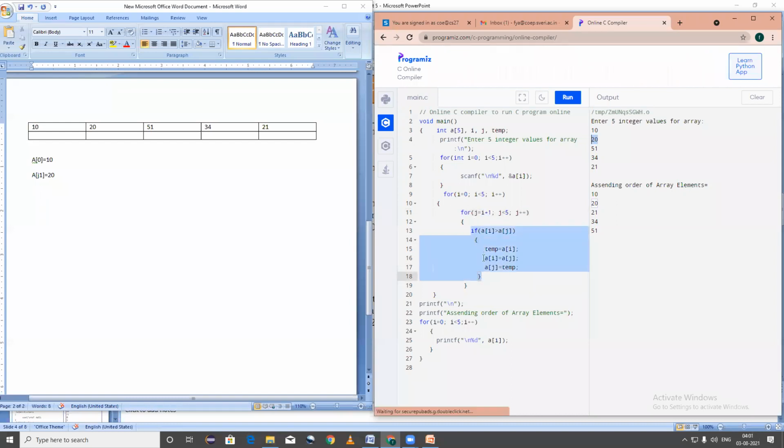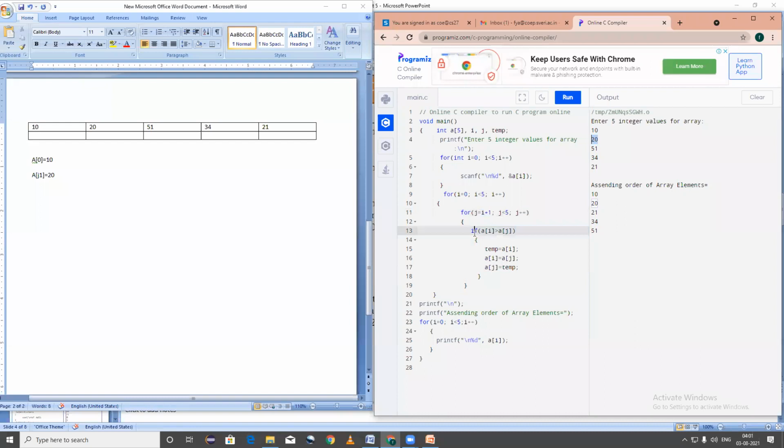या for loop च्या body मध्ये control enter होईल. Now, this condition will check whether A of I is greater than A of J. Now, what is the value of A of 0? 10. If you check here, what is the value of A of J? That is 20. Is this condition true?